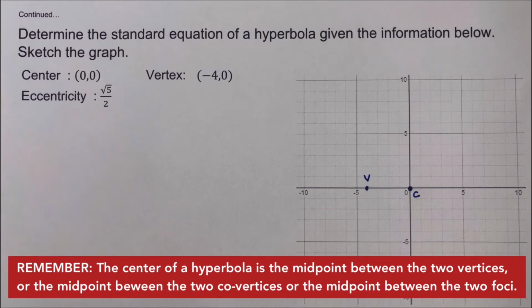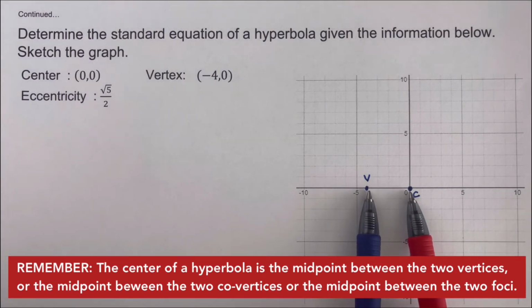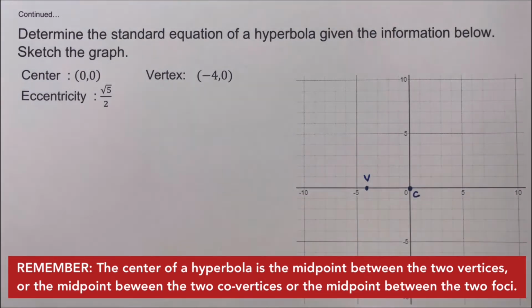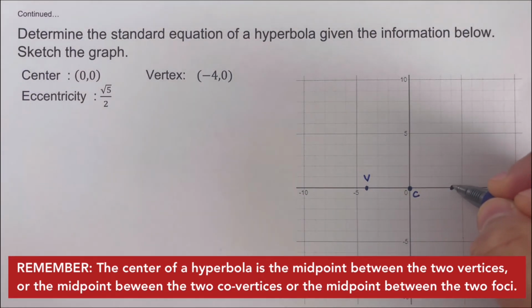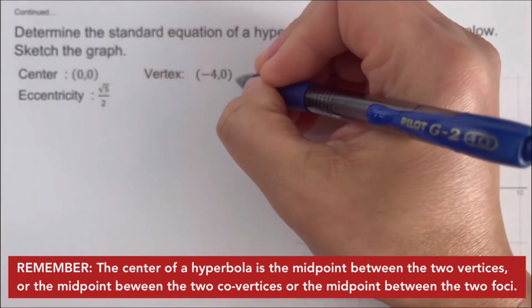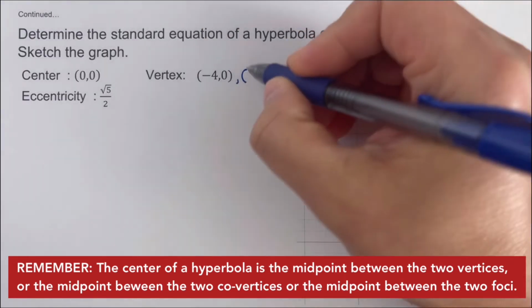So in this problem right here, we are given the vertex and the center. Now we remember that this center is actually the midpoint between the two vertices. This tells us that the distance for the other vertex is the same distance from the center. So it's going to be across, and this will be the location of the other vertex. So that we can go ahead and add that coordinate of the other vertex right here, which is at positive